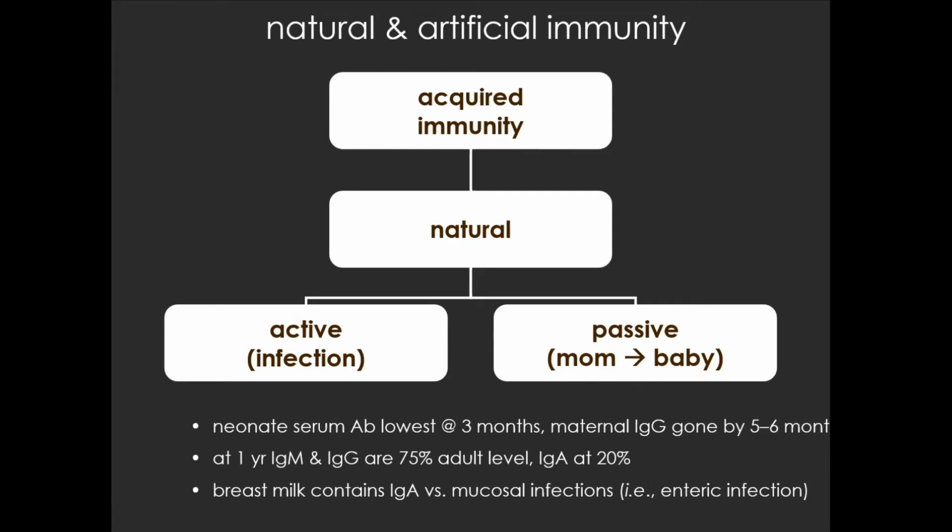Now, thankfully, that baby's immune system comes on board very quickly, and you can see in the second bulleted point that at 1 year, the IgM and IgG in a baby's blood supply are at about 75% of an adult level, which means that at 1 year old, functionally, a baby's immune system is working at about 75% of maximal. Their IgA, on the other hand, which is one of those antibodies we didn't really talk about, is only at 20%, which leads me to my third and final point, because right now you might be wondering what the